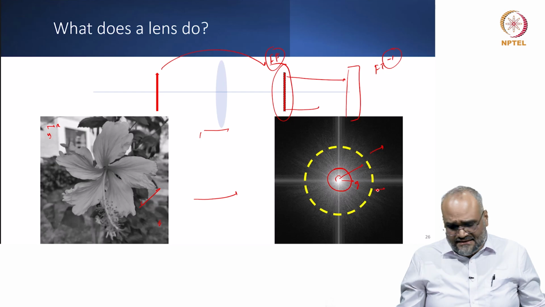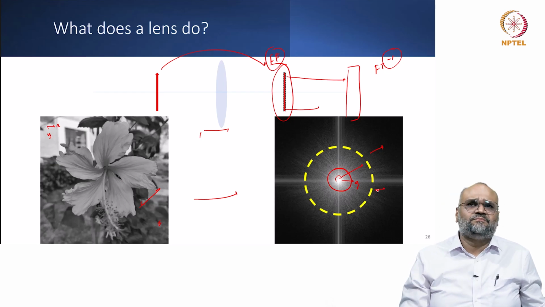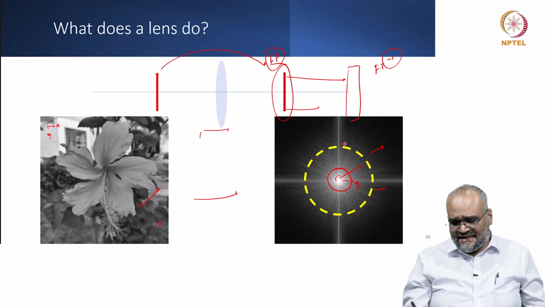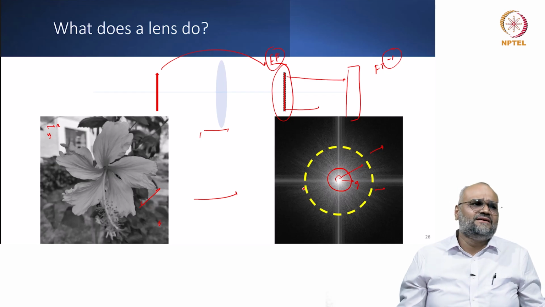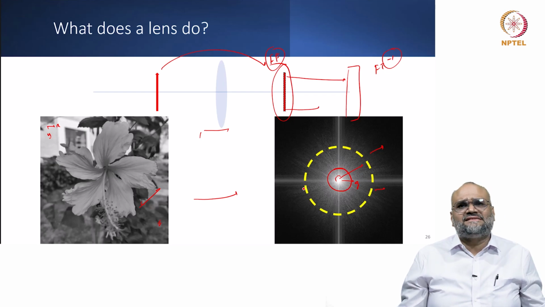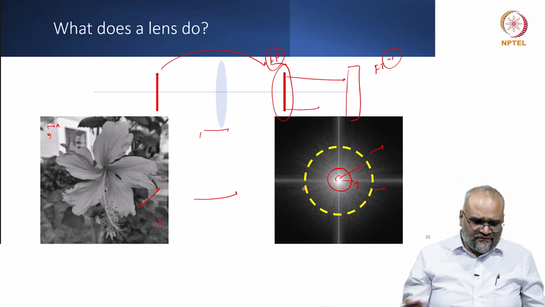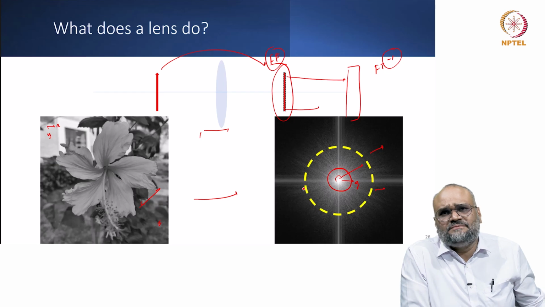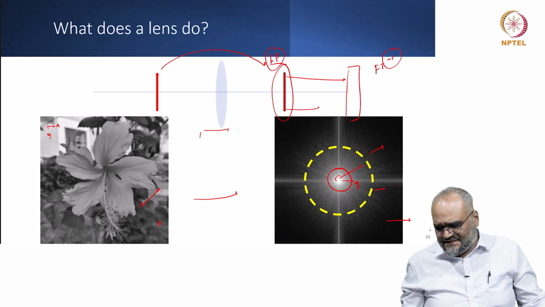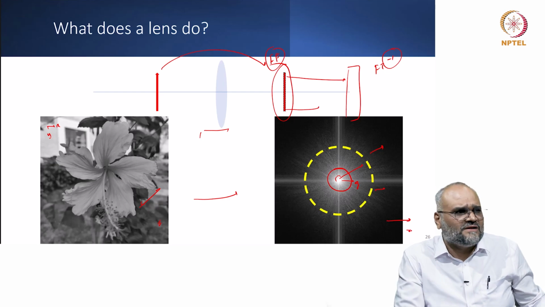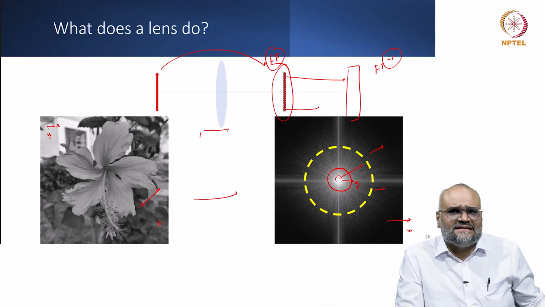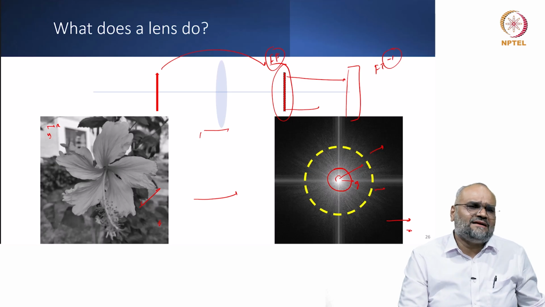And for a lens which has a limited numerical aperture, the frequencies that a lens allows you to pass through at the back focal plane is what decides your lens resolution. To understand this in more detail, first of all, we should remember that you can link these two through a Fourier transform, and then the image is an inverse Fourier transform of this information at the back focal plane. Let us look at what classical optics tells us about the propagation of light and diffraction from